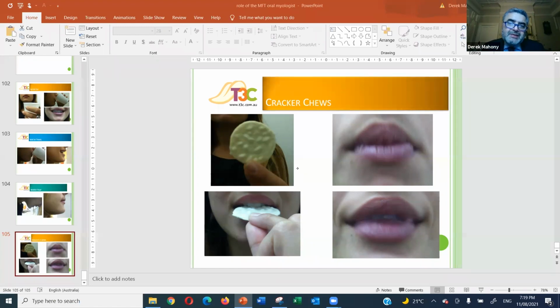Amy DeSantis asks, after attending this talk, I believe that some of my 6-year-old clients have these features. Is it too late to help, or would the approach be different? The only difference there, Amy, is that you may need an expansion appliance rather than just the tongue. So what I'm saying is before age 6, the tongue can be your expander